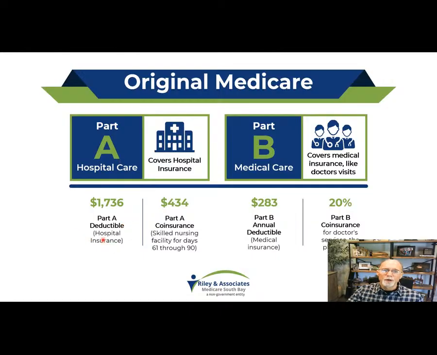But we're going to take a look at 2 different ways to cover these costs. So you're going to have an out-of-pocket cost for Part A. You would also have co-insurance if in skilled nursing past 61 days. You have a Part B premium that you can cover through an HMO Advantage plan, and then also your 20% co-insurance, which we'll show you how to cover. Okay.